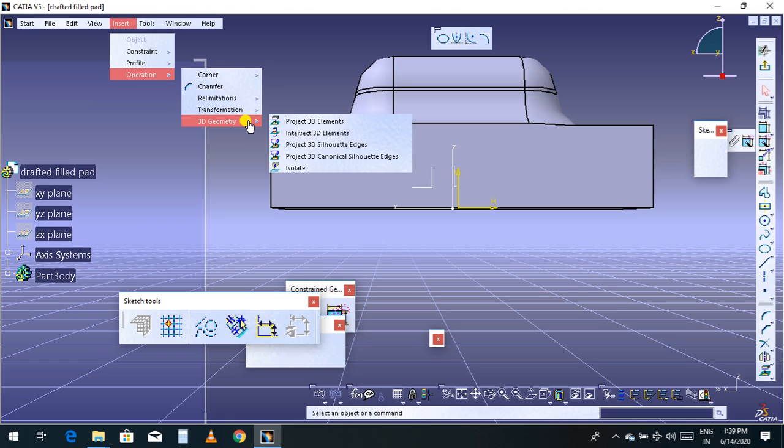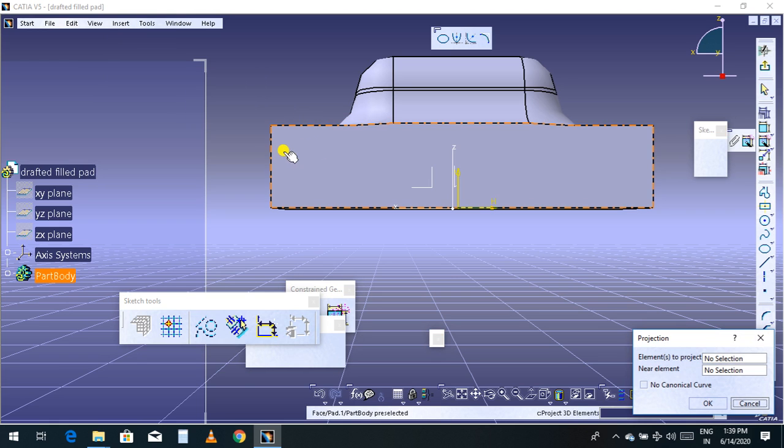So now I am here to use this 3D geometry. In the 3D geometry we have project 3D elements, intersect 3D elements, project 3D silhouette edge, project 3D canonical silhouette edge, and isolate. Project 3D elements means if you click this, it will give you the edge, so you can select which edge and which side you want.